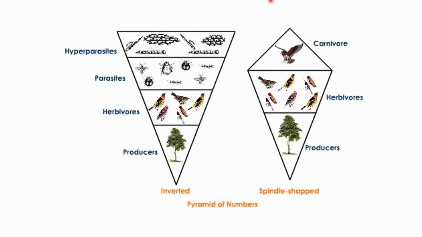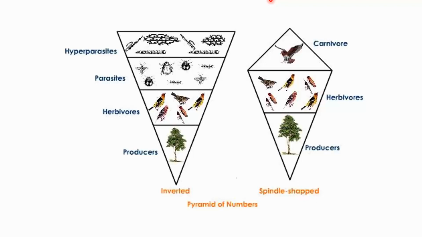So since the base in the ecological pyramid is always represented by the producers, an example of an inverted pyramid may be the pyramid of number for the organisms that reside on a tree. For example, if we consider a scene where a tree is an ecosystem, on which various birds and insects inhabit, survive and reproduce.